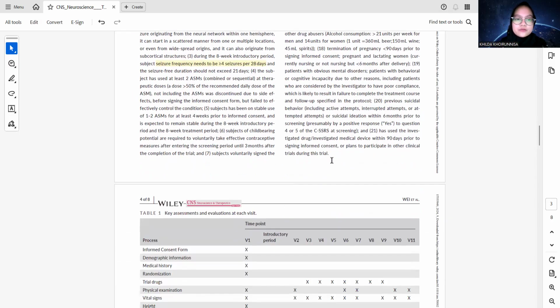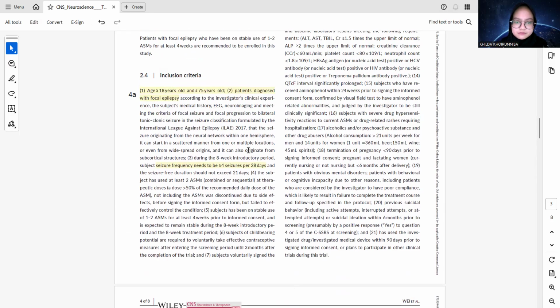Next, 4B: it should also describe where data were collected. The study will be conducted at multiple sites in China. So, both participant-related items are well addressed.